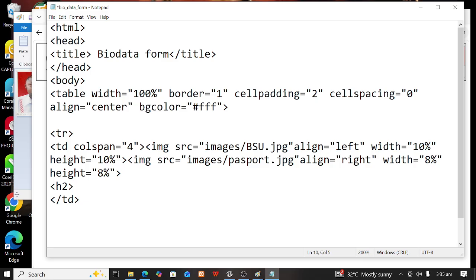Then I will have Intercontinental College of, or since you are using the BSU logo, let's use the name, please. Let's use Benue State University. It's for that one now. Let's use this one. Then we'll put H2, and then